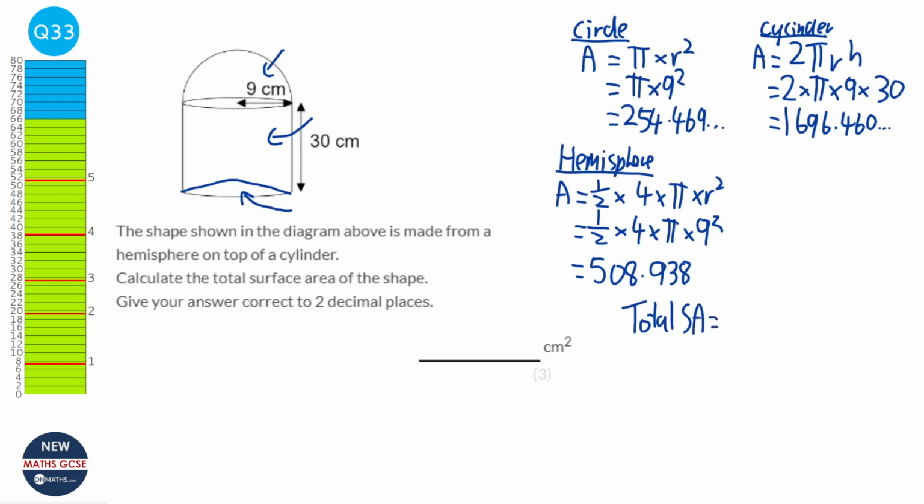And so the final thing is to work out the total surface area, and we're just going to add up all these numbers together. So we add up the 254.469, the 1696.460 and so on, and the 508.938 and so on, and we get